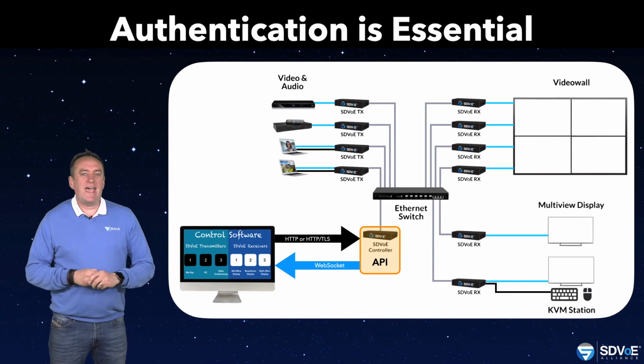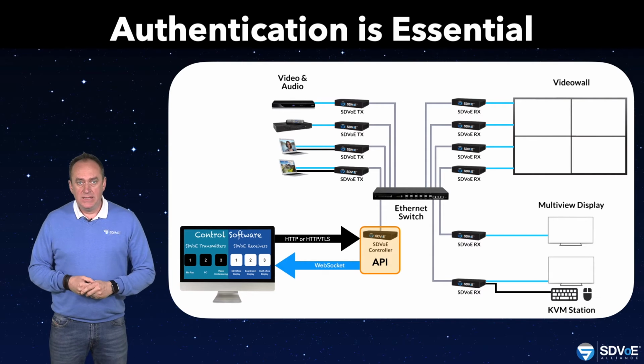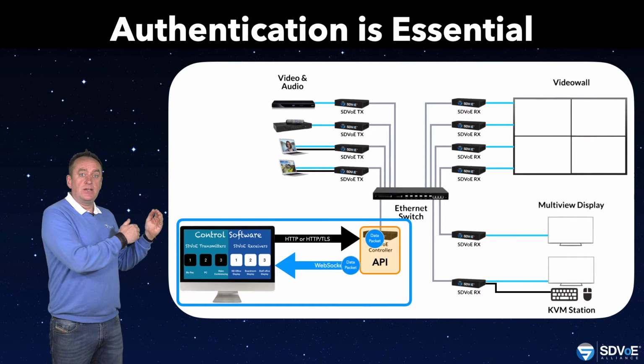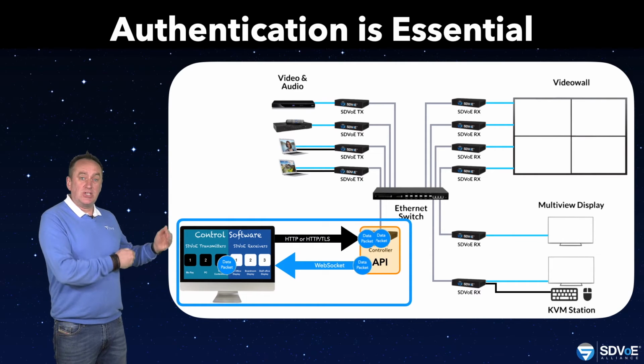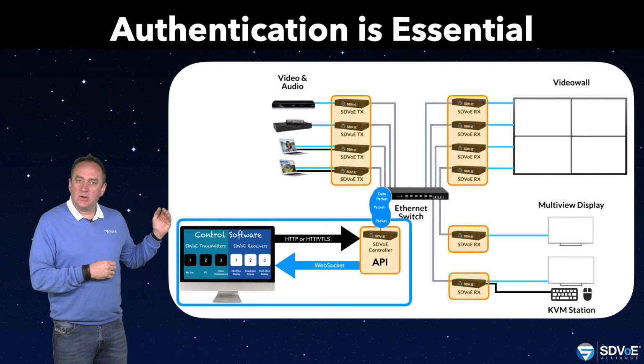Securing access across every element of an AV over IP system is vital. From the client software sending and receiving data from the API server, from the API server connecting to the endpoints themselves, before any data is transferred,